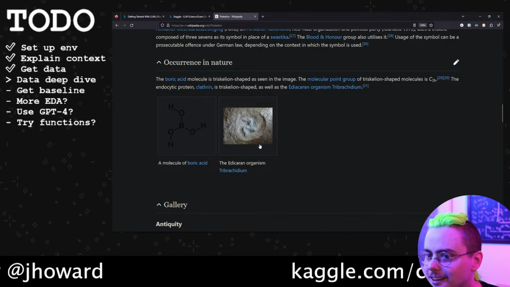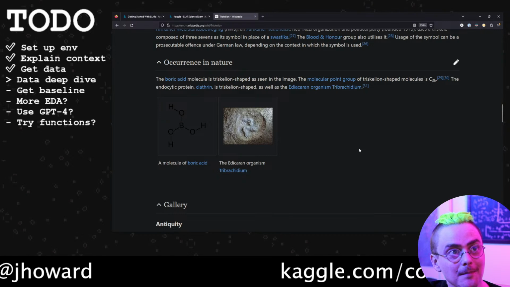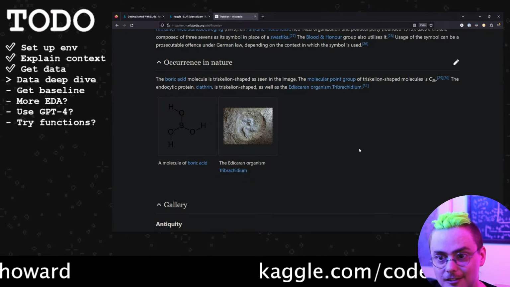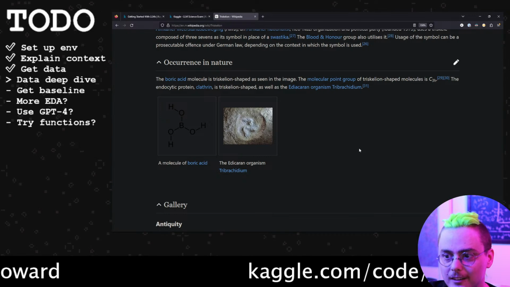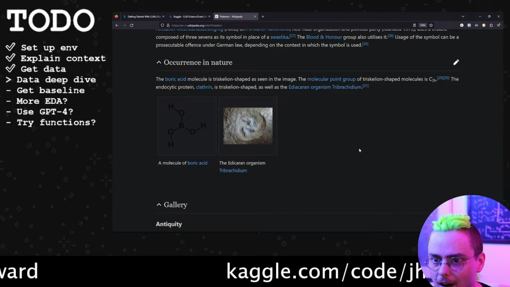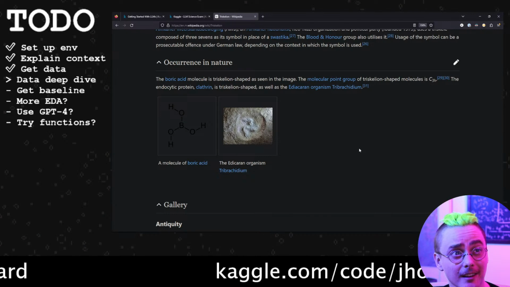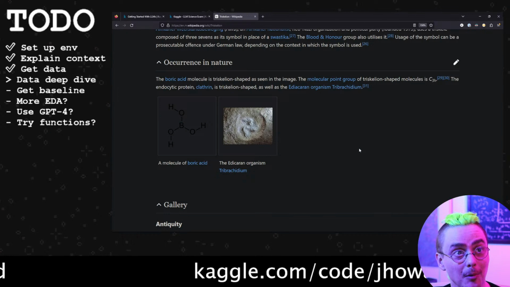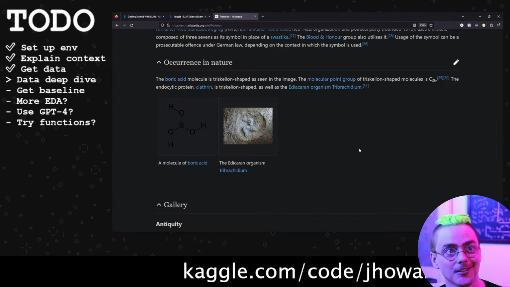So I guess there are some ideas in science that reference the Triskelion shape as a type of symmetry, kind of like threefold symmetry. So I guess that's why it counts as a science question. So this is also going to suggest that I want a very broad notion of what it means to be a science question when I'm training my model.